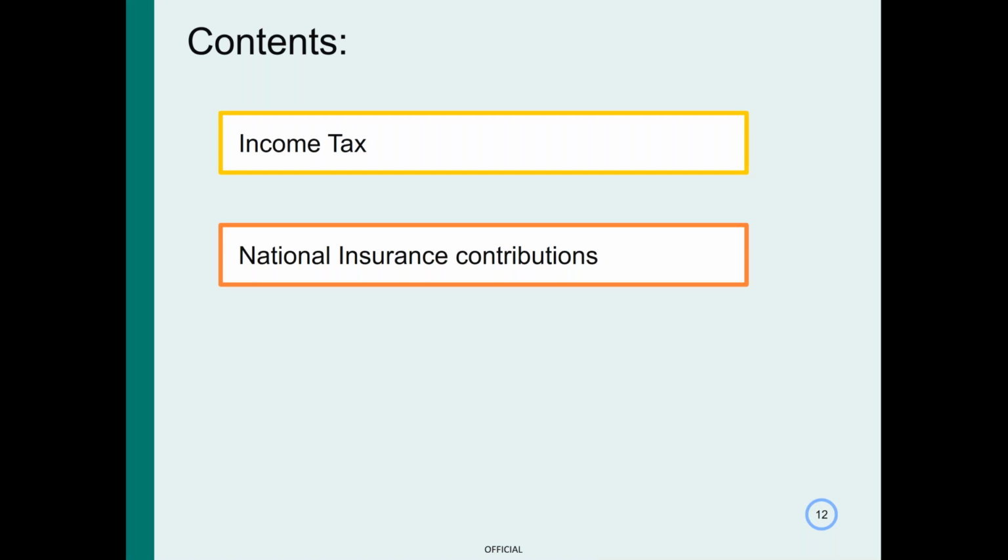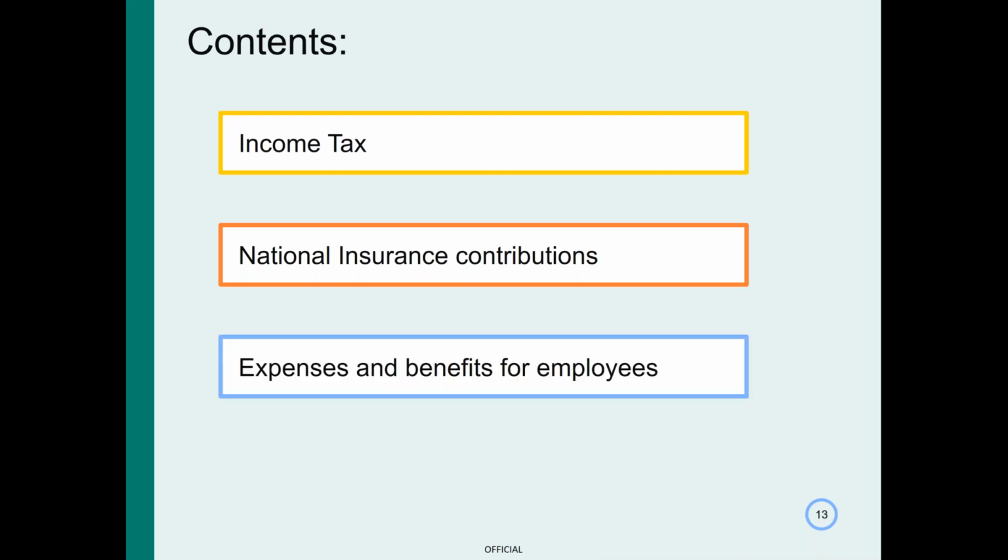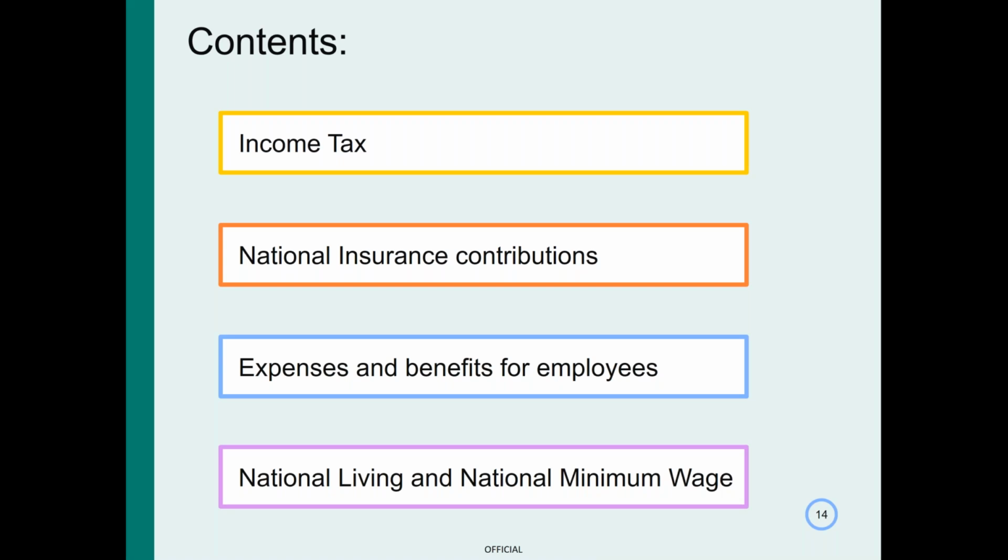This will include important information about changes to employers' national insurance and employment allowance, expenses and benefits for employees, fuel benefits charges for company cars, vans and fuel, national living and national minimum wage rates,